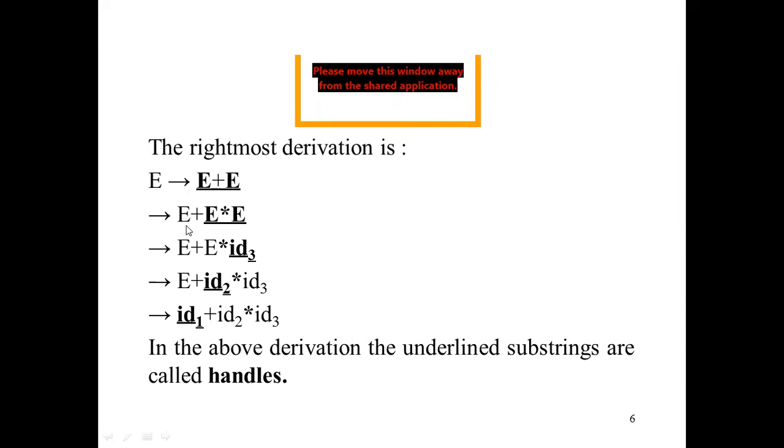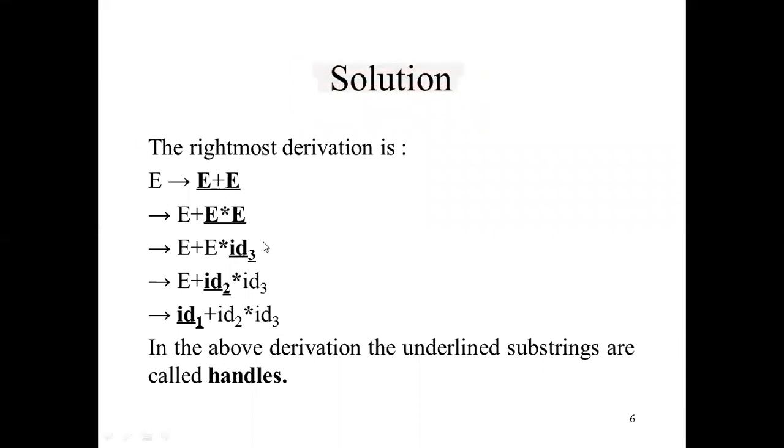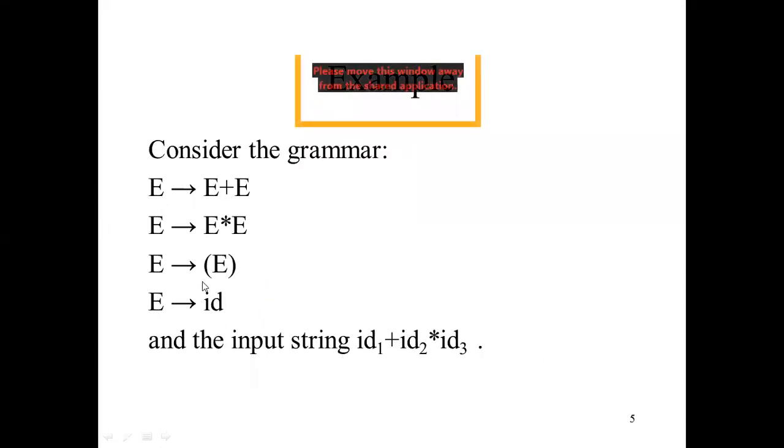Now e, you write it again, and you can replace this e by id3, as already given. You are not doing it yourself, but here it is given that e can be replaced by id. Here you can replace it by any identifier, because in the input string id3 is given. So first we will replace this e by id3, then by id2, then by id1. As per need, you can replace all those values.